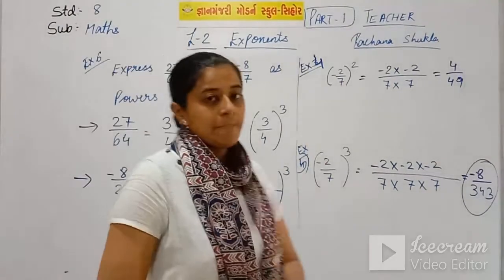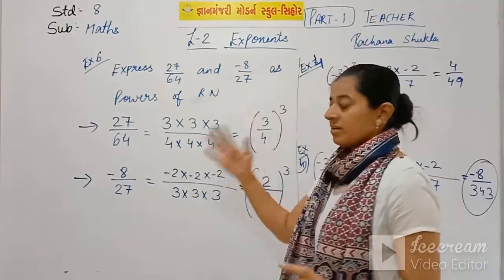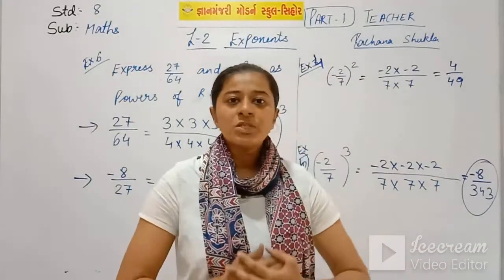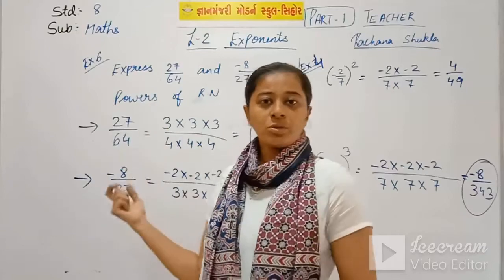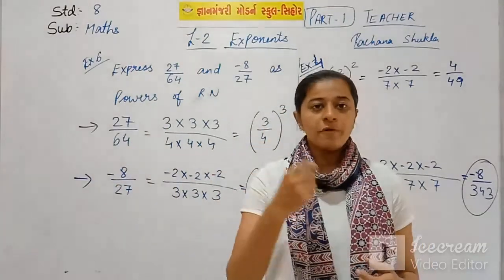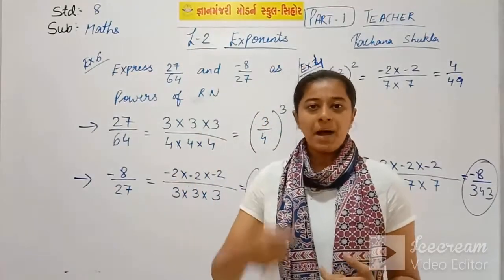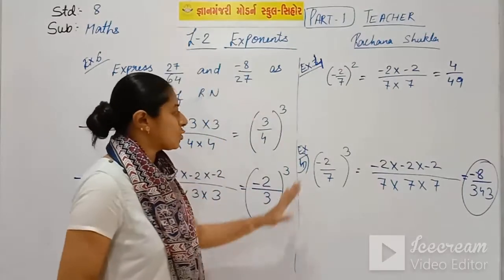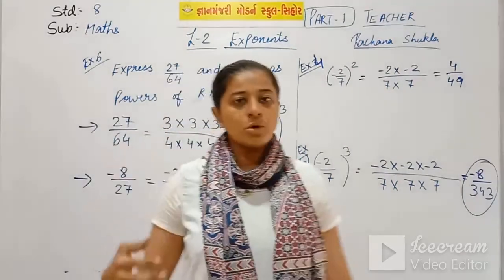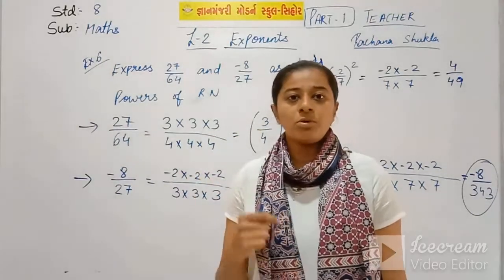Now students, this was all for today's part, that is power and exponent, which is a very easy chapter. I have shown you the sum of 2 to the power 5. So 2 is the base and 5 is the power or exponent or index. And we have seen so many sums, more than 5 examples. Now you have to note down your homework.